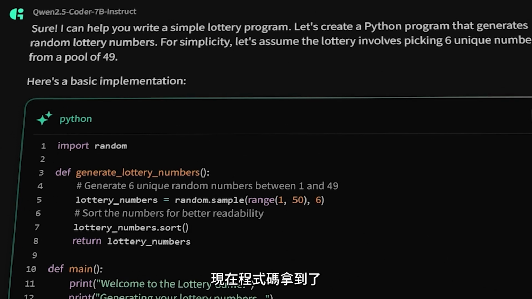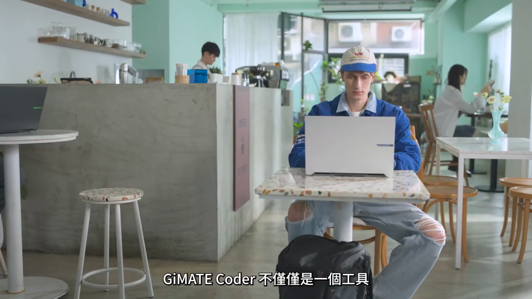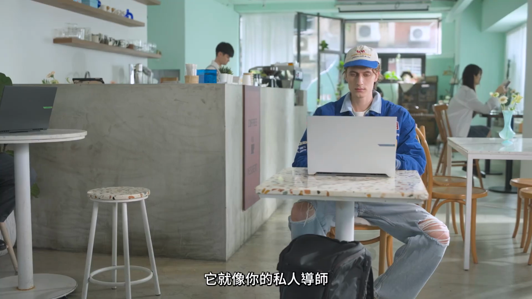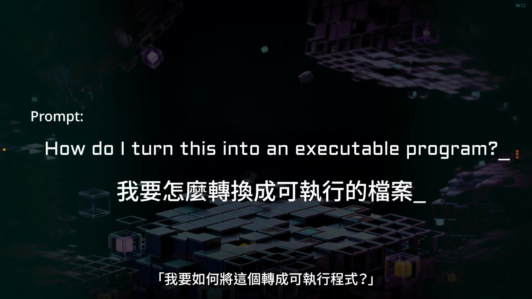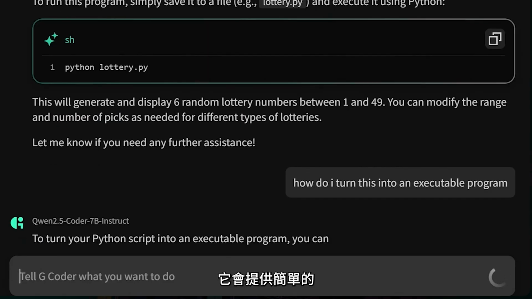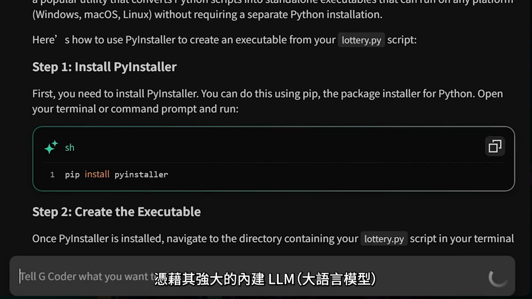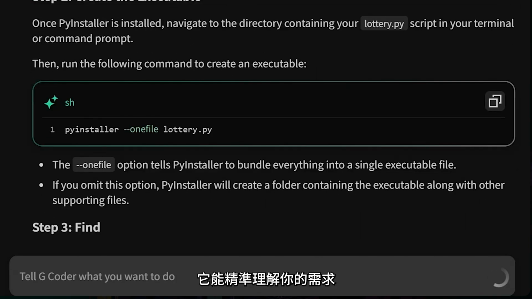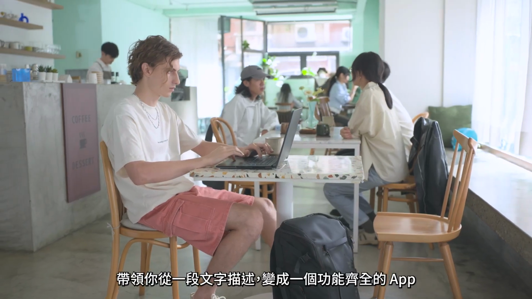Now we've got the code, but what if you're not sure how to actually run it? No problem. GMate Coder isn't just a tool. It's like having a personal mentor. Just type, "How do I turn this into an executable program?" It will give you a simple step-by-step guide to get everything up and running. With its powerful built-in LLM, it understands exactly what you need, taking you from a single line of text to